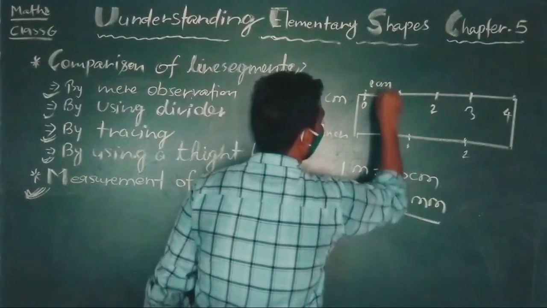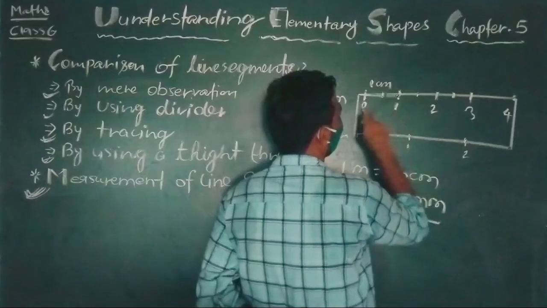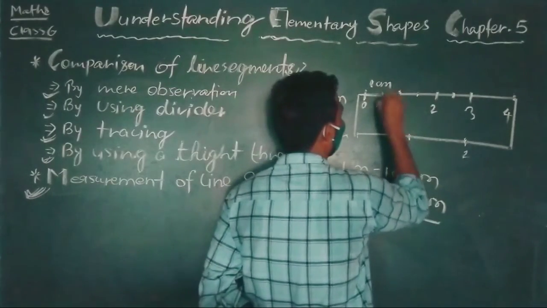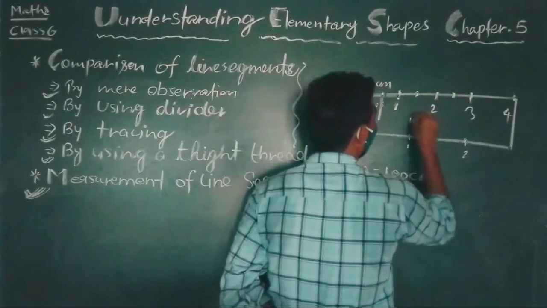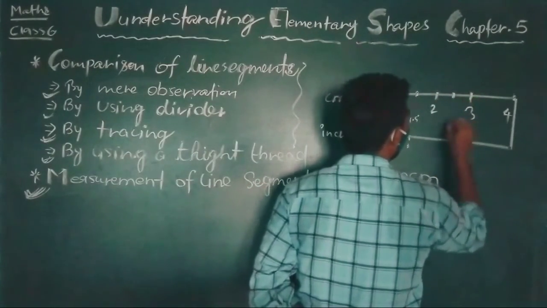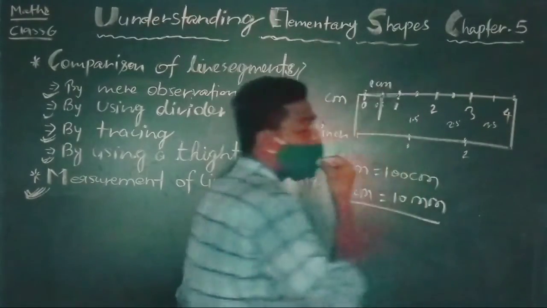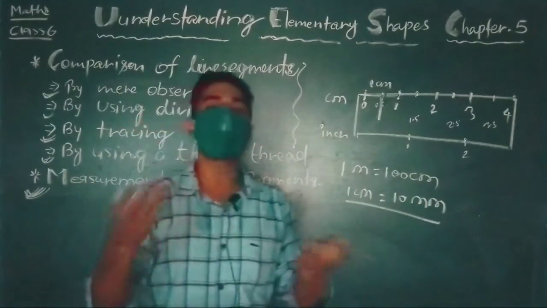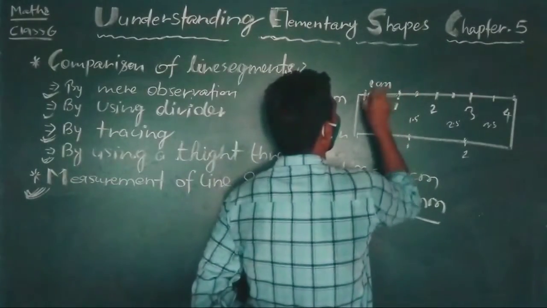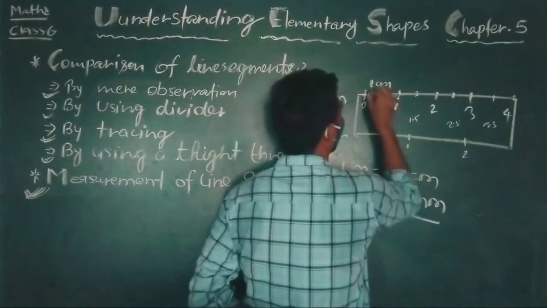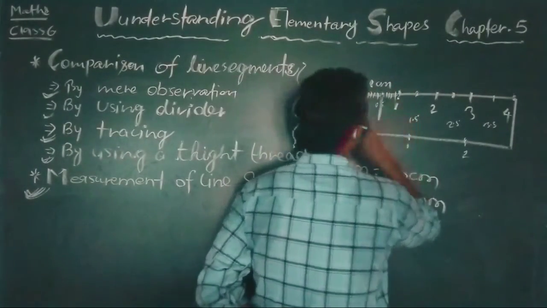In between, suppose this kind of line will also be there. It is 0, it is 1. So between 0 and 1 it is 0.5. Between 1 and 2, this is 1.5. Between 2 and 3, 2.5, between 3 and 4 it will be 3.5, between 4 and 5, 4.5, between 5 and 6, 5.5, like that. And in between, 10 lines will be there altogether between these two: 1, 2, 3, 4, 5, 6, 7, 8, 9. And this you can see.